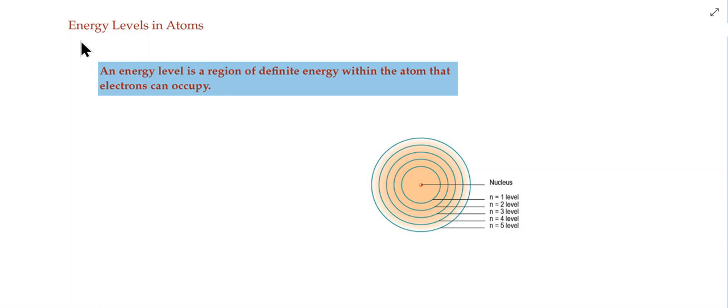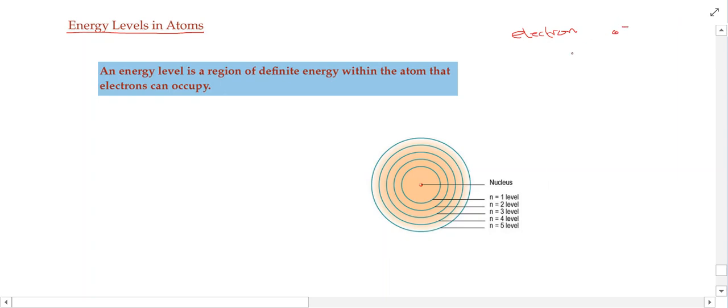So, what I want to talk about in this lesson is this idea of energy levels in atoms. And it really relates to the electron. So, it's a subatomic particle, as we know, and it's a negatively charged subatomic particle. So, what we're talking about then are where do these electrons hang out in relation to the nucleus of the